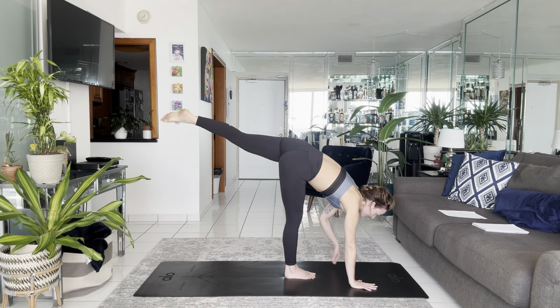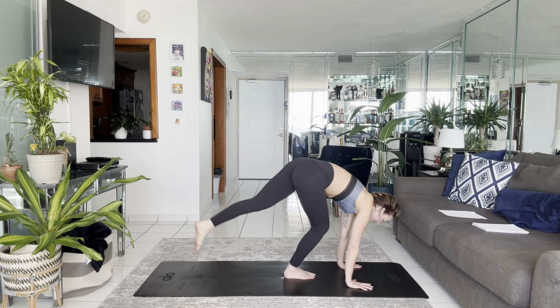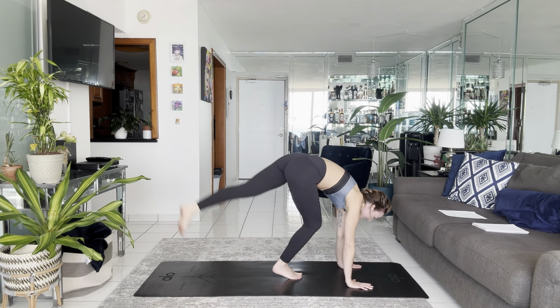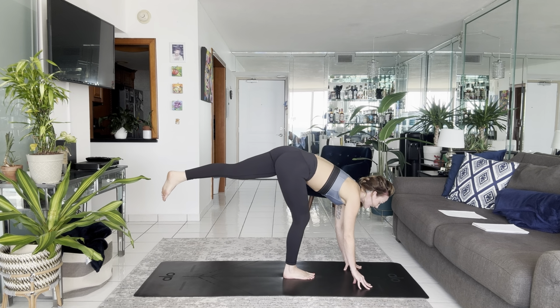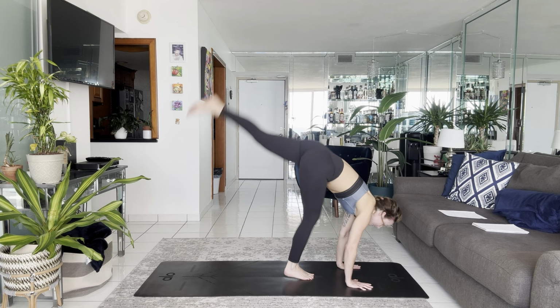Inhale, find a flat back, hands underneath the shoulders. Bending that right knee, and we're just gonna take little hops. We're not really gonna go upside down and do a handstand. We're just playing around. One more time. Right leg comes down, hands underneath the shoulders, bending that right leg, and just see what it's like to hop